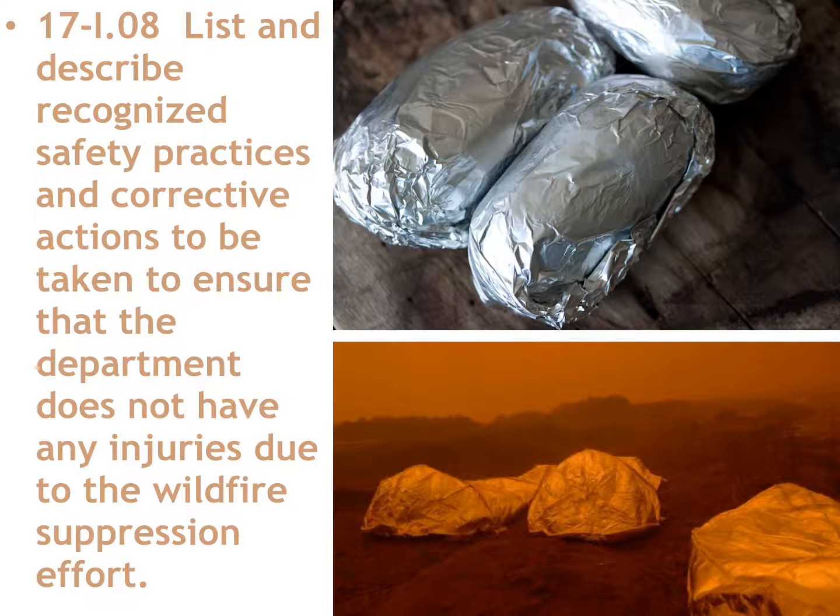List and describe the recognized safety practices and corrective actions to be taken to ensure the department does not have any injuries due to wildfire suppression efforts. Okay, safety practices and corrective actions. So again, I've already talked about that our wildland fires primarily should be fought out of the back of a brush truck. Now, your safety practices are primarily going to be cognizant of the weather, which way the wind's blowing, where your relationship to the fire is at. And are you in the black, the area that's already burned, or are you in front of the fire? And then ultimately,